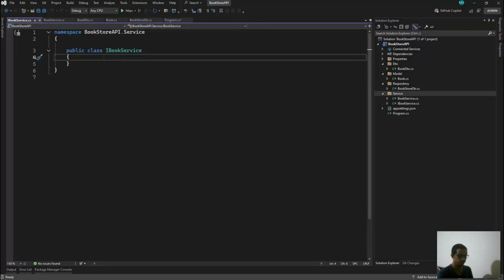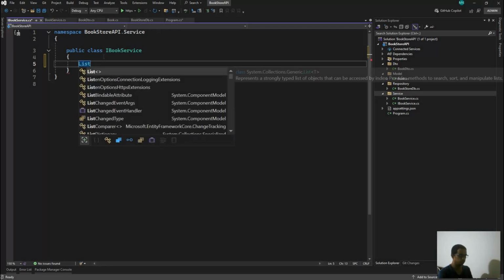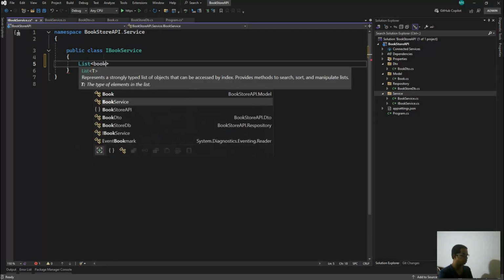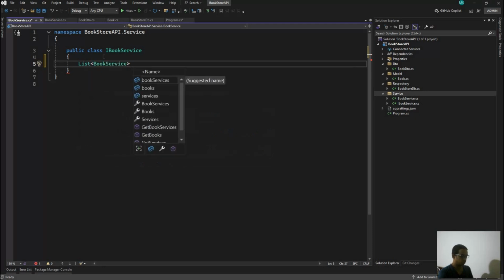The iBook service will have four functions, which will be get, update, save and delete. Yeah, those are the four operations. So let's write those. First is a list of book, get books,